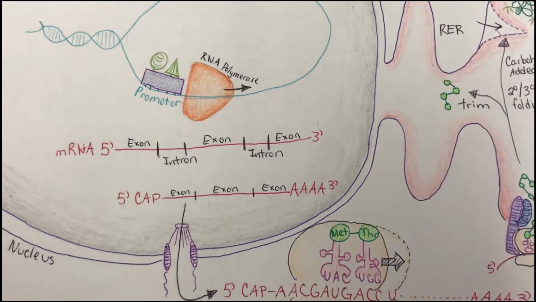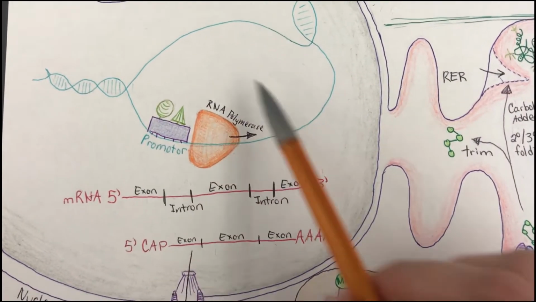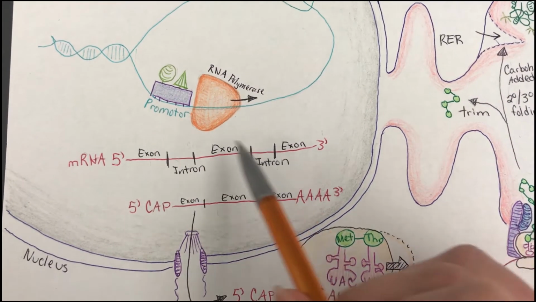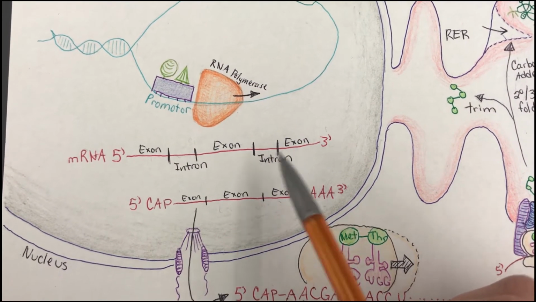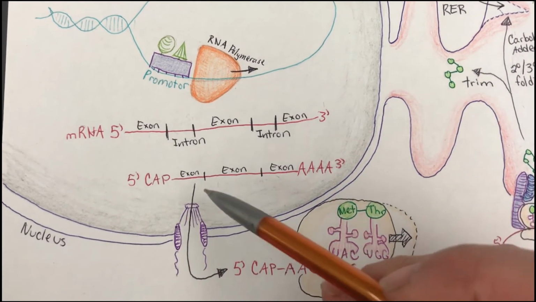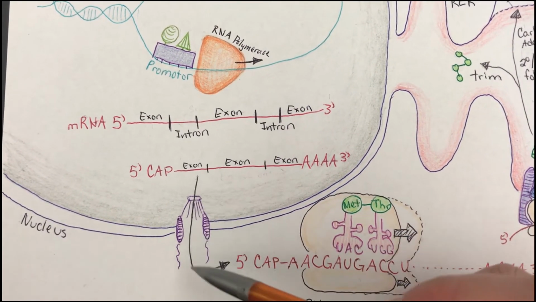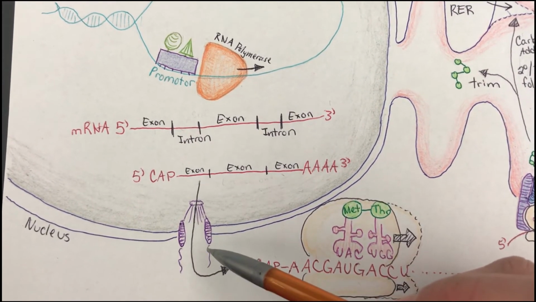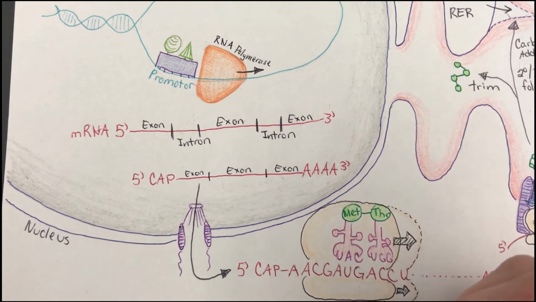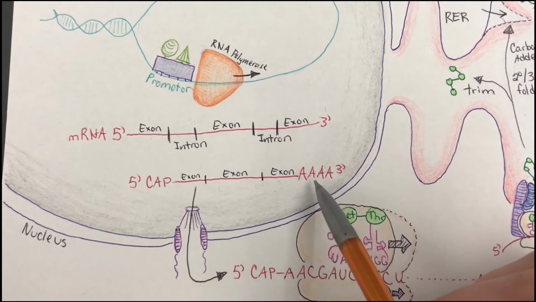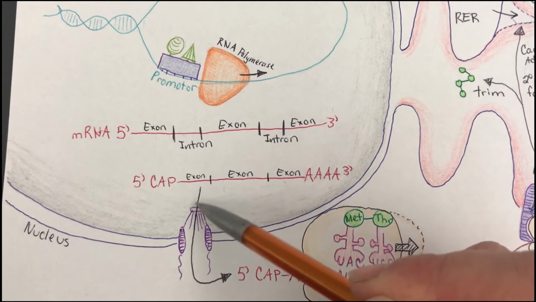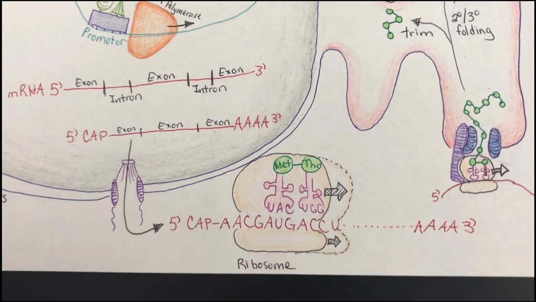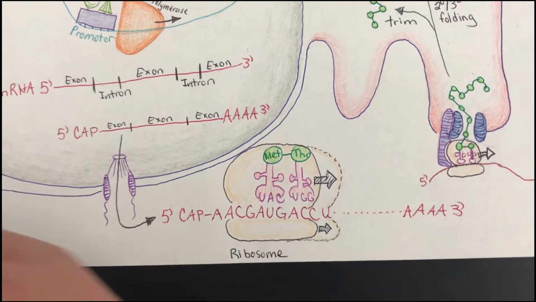Okay, so now, finally, after transcription, making a transcript, making a copy, processing that mRNA, adding a cap and a tail, this molecule is now able to exit through the nuclear pore. Okay? Remember that the nuclear pores are very selective about what can come into or go out of the nucleus, and so the mRNA is short enough to pass through this structure. Okay? Once it is in the cytoplasm,